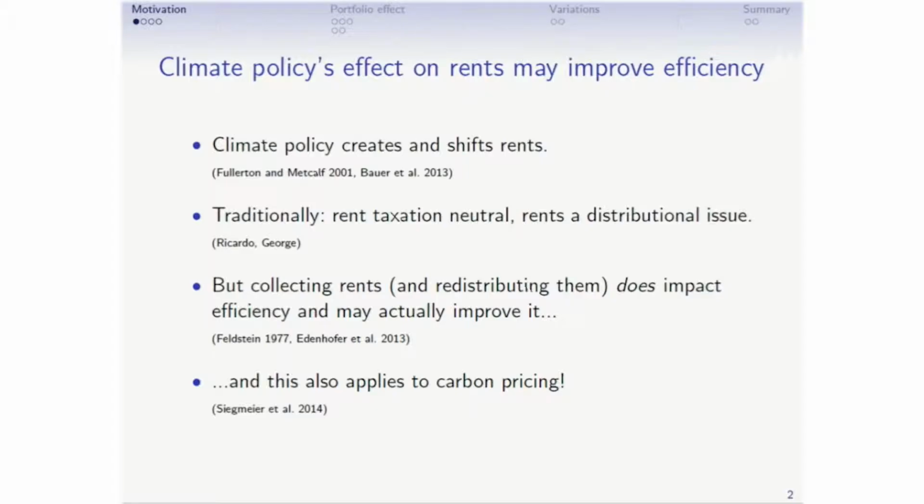But as I said before, of course, collecting rents is not neutral, as Feldstein proved. And actually collecting rents and redistributing them both has efficiency impacts. And it can be shown that under certain circumstances, which I'm going to expand on in this talk, it may actually improve efficiency. And this applies to the case of land, but here I'll take it to the context of carbon pricing. So to expand on this a little bit,